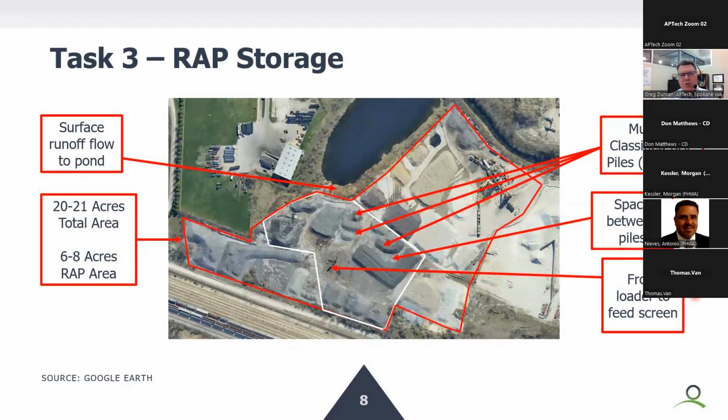So this is an example of what we'll be presenting in our final documents. We've gone out and done some Google Earth analysis of looking at where storage yards exist. Don was kind enough to point us to one of their main lots and look at how much material can be confined there. What we see at a typical plant location is that there may be a total of 21 acres involved in setting up an asphalt plant and having material storage there, with about 6 to 8 acres used for their various RAP piles. So we see some unclassified RAP piles. We also see some discrete project type RAP piles confined on